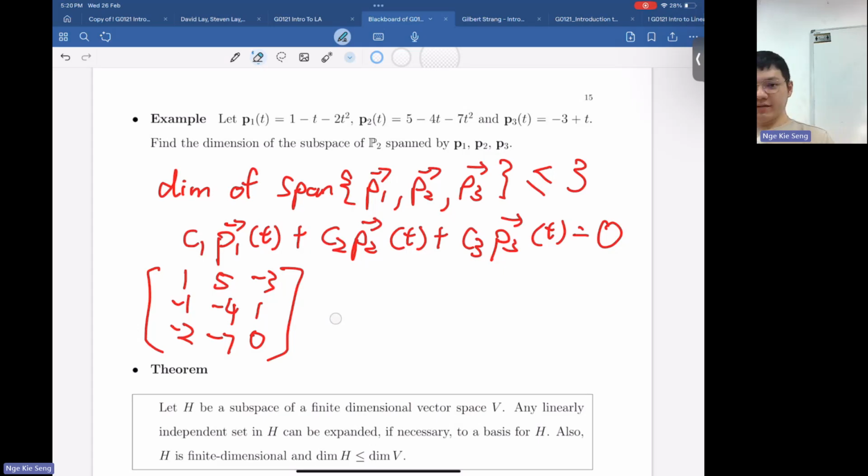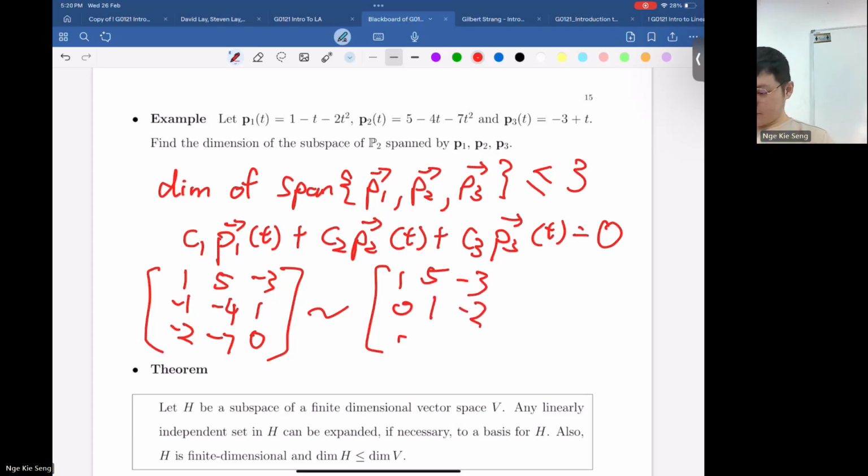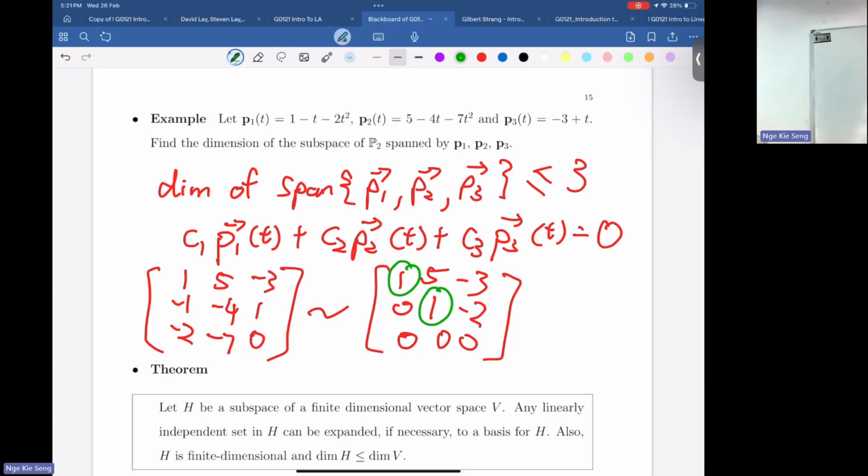So if you row reduce this, what do you get? Do you get something like this? If anyone can confirm my answer, then we can proceed. I tried and row reduced it. Yes, sir. You got it? Okay. So what can you see here? If you haven't continued computing,